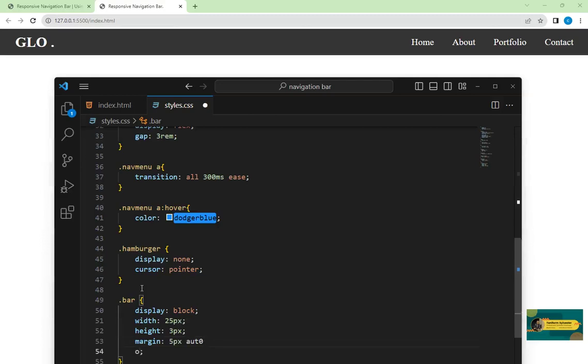Auto, sorry, oh my god, what is going on? Auto, this